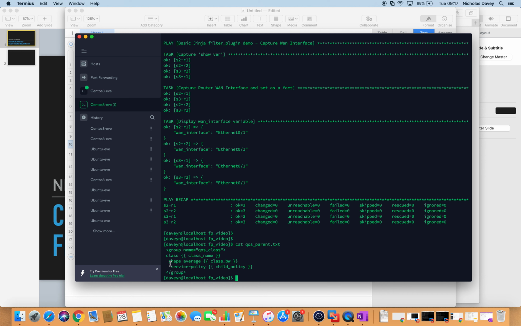And then I just put the config in, and anything that I want to be a variable, I enclose in double braces like this. So the class, I'm going to have structured data for the class name, for the bandwidth of the shape average command, and then when I call the child policy, I also want that to be a variable. And then I ended with a /group, and that ends my grouping for the qos class. So if I have a look at my filter plugins,